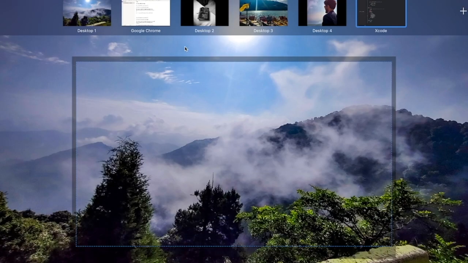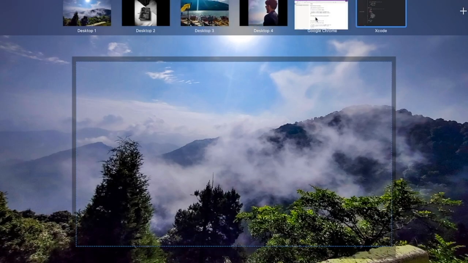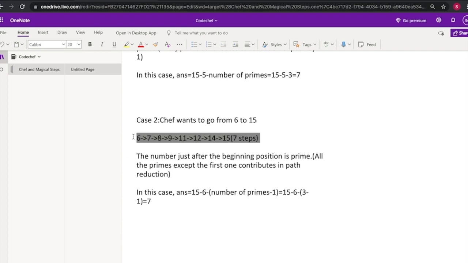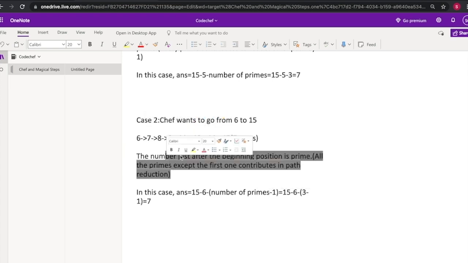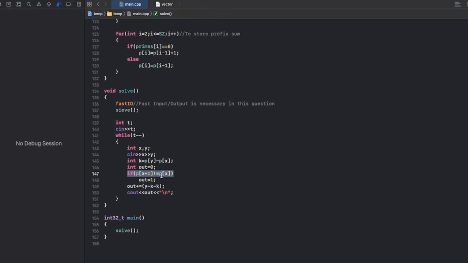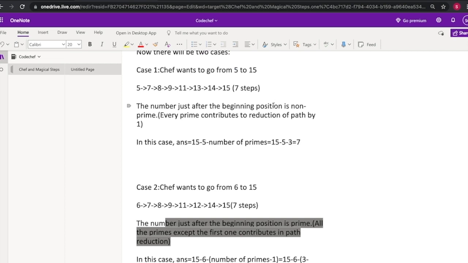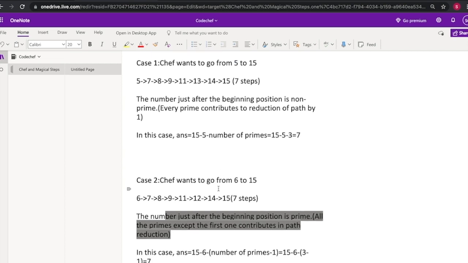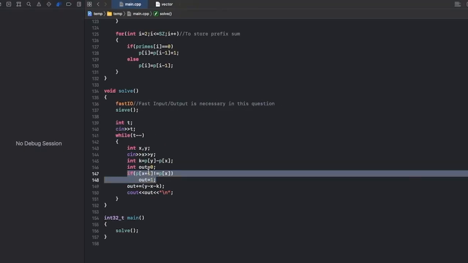In that case we have one extra step as stated before, because the reduction is 1 less. So we'll store it beforehand and then add this to out.